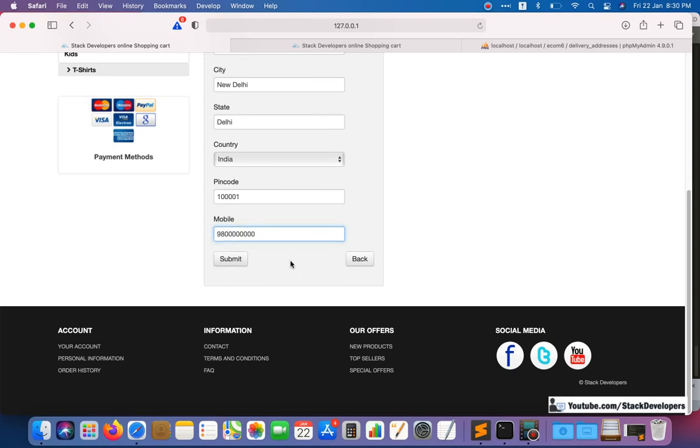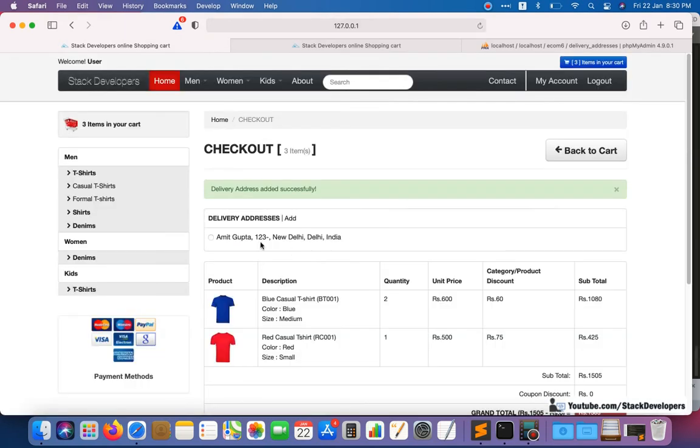Okay, so we can submit, and here you can see the delivery address comes here. This one you can see the delivery address is coming correctly. So here we are able to add the delivery address, and also the message is coming: delivery address successfully.